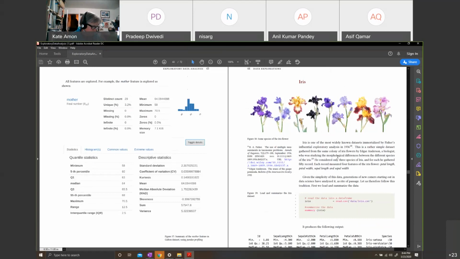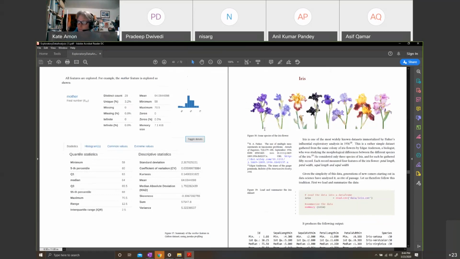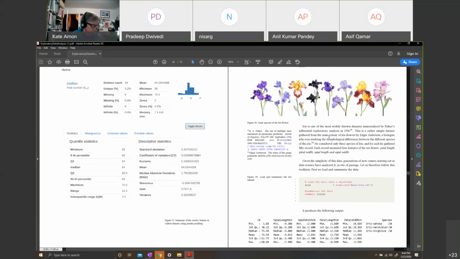At this moment, we'll limit ourselves only to the exploratory analysis, no machine learning, but this is it. Really worth doing. It is perhaps the most quoted dataset in various articles in the field. Everybody comes up with a new algorithm and uses that dataset quite often. There's an interesting history. A biologist literally walked out to a colony of iris flowers. In that colony, he found 3 species and he collected 50 data points on each of the species. He collected their sepal length, sepal width, petal length, petal width, and he got the data.